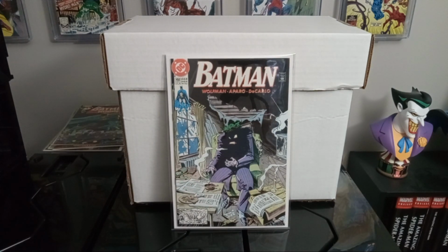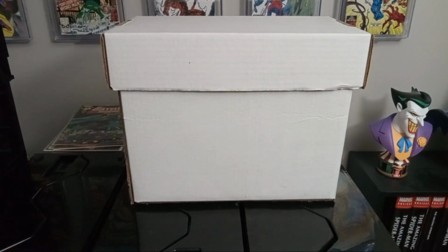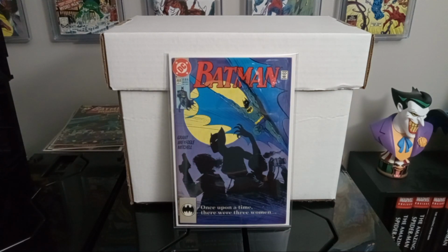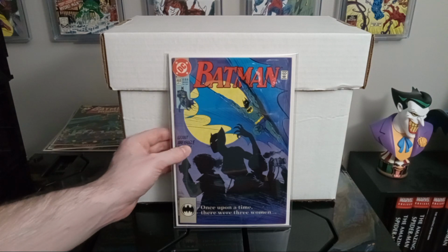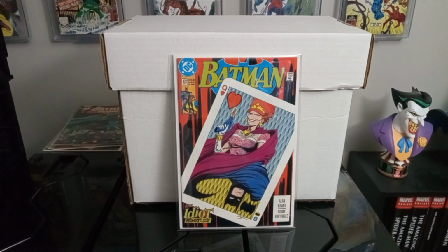Batman 450, just another great Joker cover sitting in the darkness there. Batman 461. And Batman 472. And it looks like I must have hid some of my other ones in a different box,